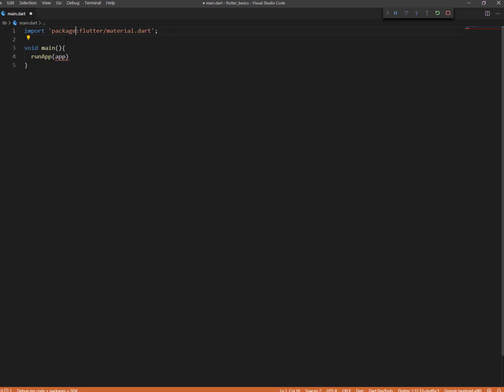What does this import statement do? It actually tells the compiler to use this material file in Flutter, from which this run app function comes. Run app is also a function. You can see that it is enclosed in parentheses. Okay, so it is also a function,